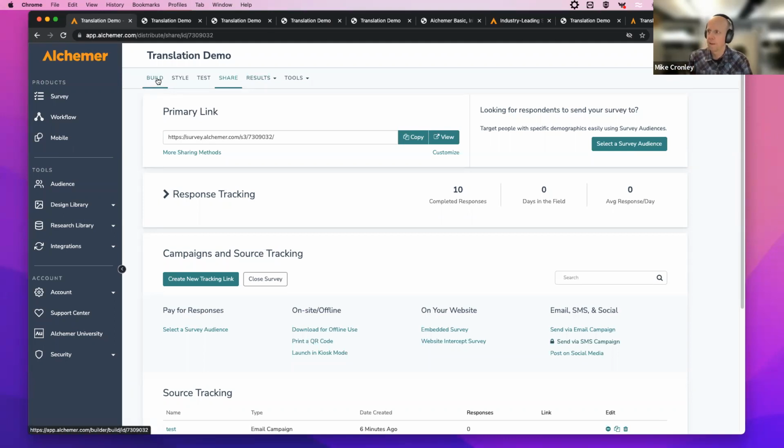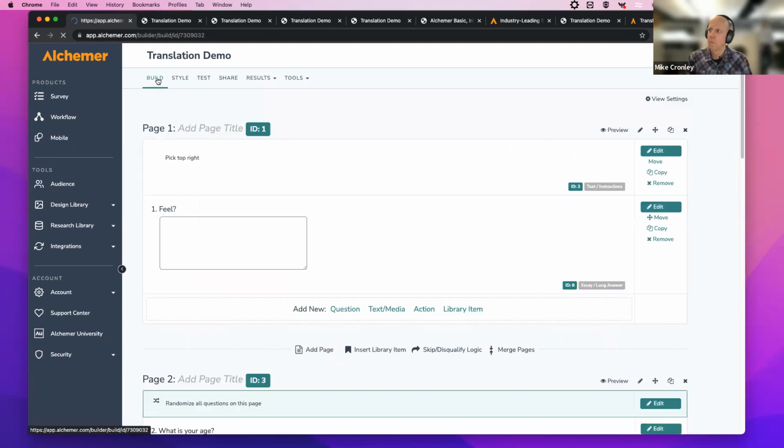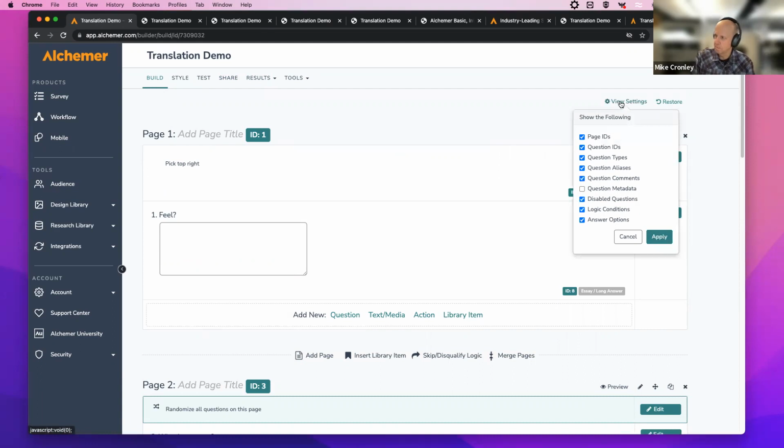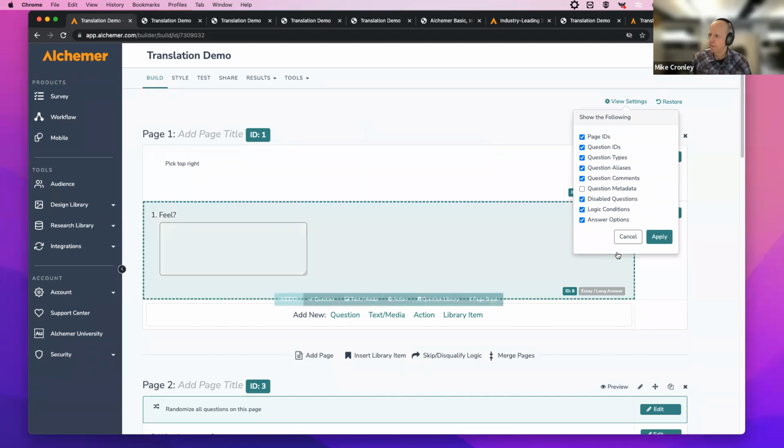I didn't actually go through that path, but when you share that collaborative link, please provide comments. If you have the view settings applied where it says question comments, they will appear here in a gray banner. It'll say comments. And you click to expand it and you'll see the feedback from your colleagues about improvements, or they're happy with it. So all these things are in this testing phase.